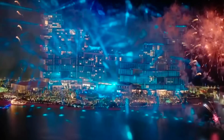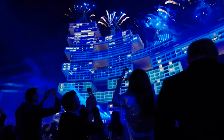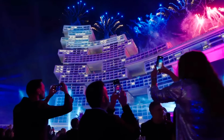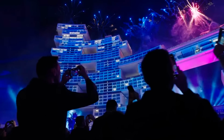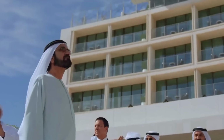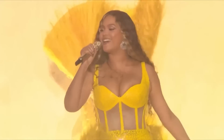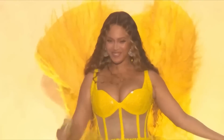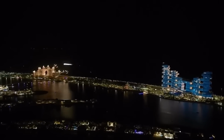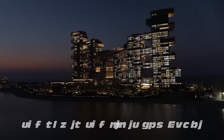The grand opening of the Royal Atlantis Resort and Residences took place on 21st and 22nd of January with a mega invitation-only event including VIP guests and A-list celebrities. Adorned by a stellar concert by Beyoncé, the artist reportedly bagged a whopping $24 million for her performance at the grand reveal of the Royal Atlantis, and all of this goes on to show that the sky is the limit